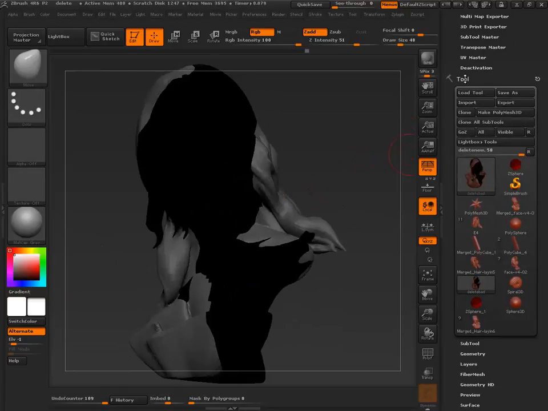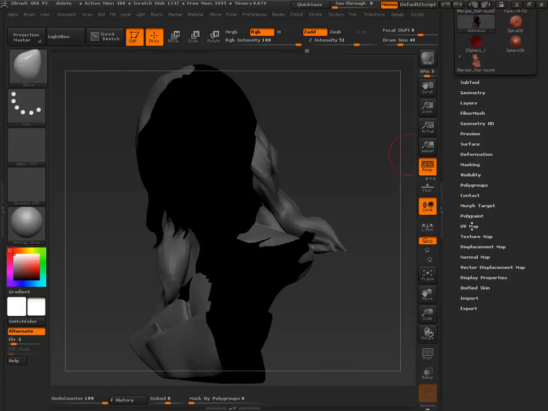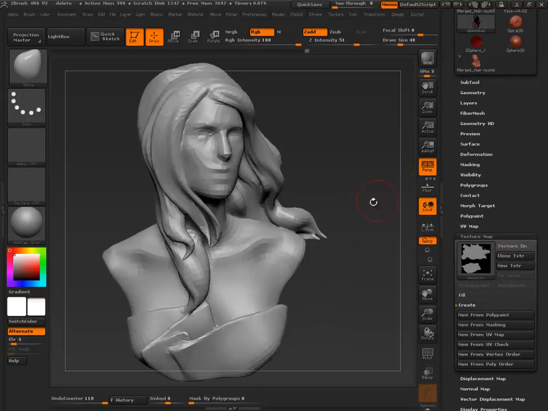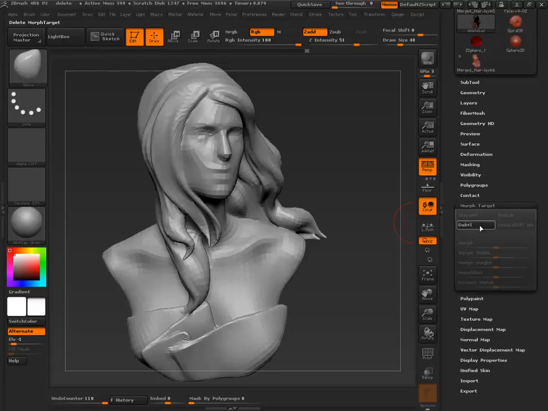Okay, a lot of craziness is happening here. So first thing I'm going to do is just make sure that there's no texture on. But obviously that texture is not working, or the UVs are not the same. That's fine because I know why that happened. But really what we want to do is notice that our morph target is essentially gone.